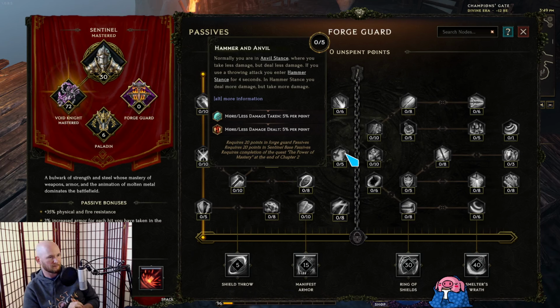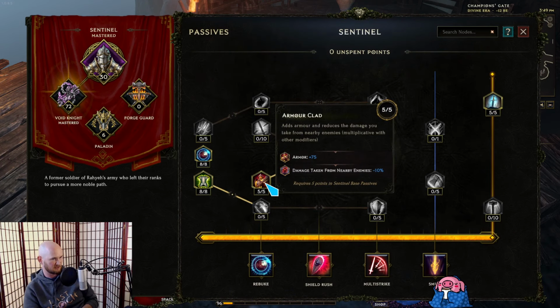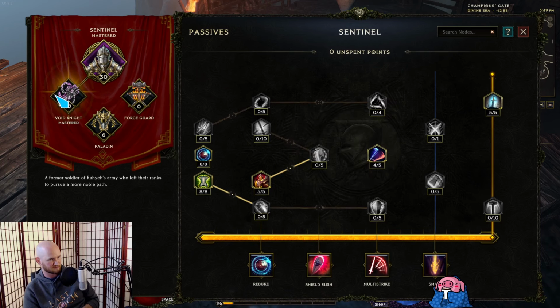If you want to push corruption, you need defense. You need to not instantly die, especially if you're playing a melee character. You need to walk up to the monsters and then walk up to the next monsters that are throwing axes at you. And having some extra tankiness is what allows you to do that. So our tankiness in Sentinel comes from this node here, which is 10% DR. And then it also comes from